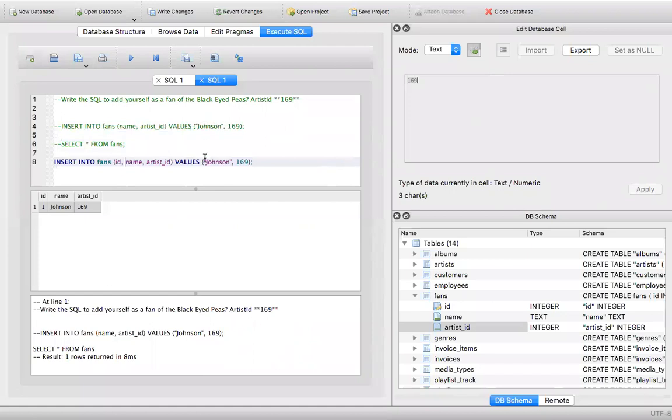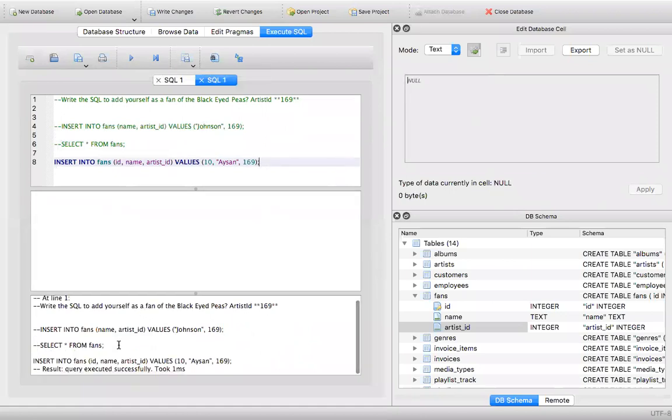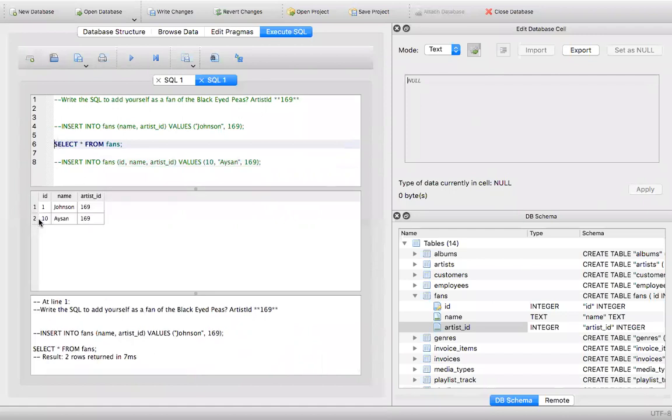I did want to hard code the ID, so let's hard code it to 10, right? And I'll put my name down here. So if I run that, it looks like it ran. Let's comment this out and go back to selecting all. As you can see, it took the ID number that we gave it